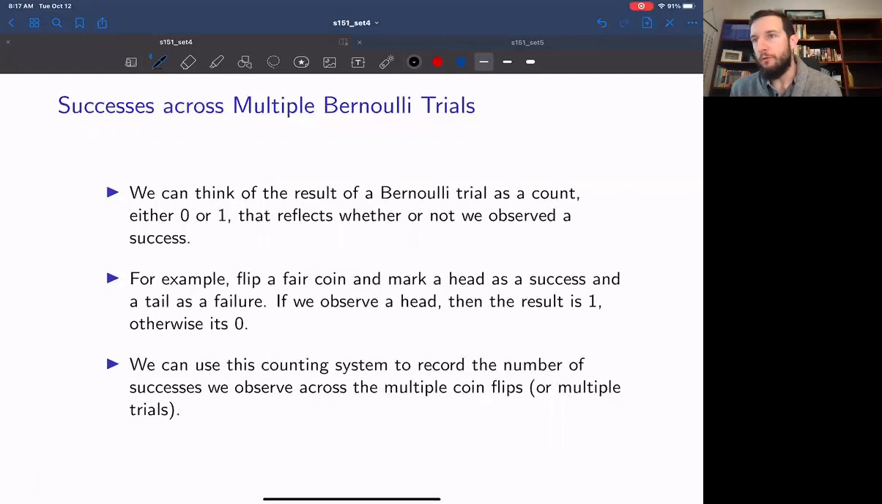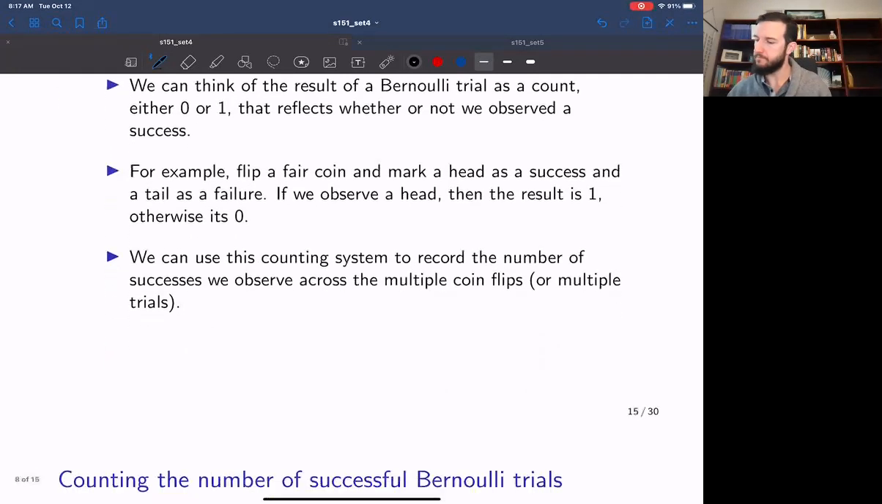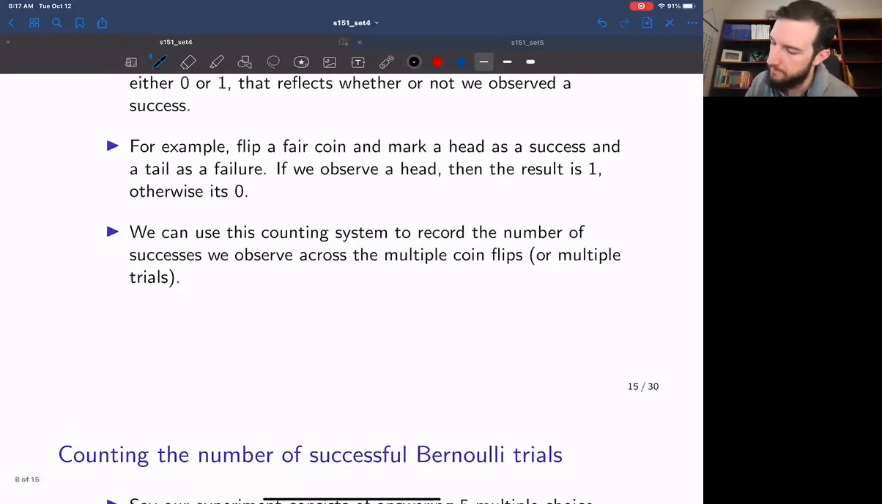So when we perform multiple Bernoulli trials, we can actually think of the outcome as being a count of the number of successes across the trials. So we can think of, for each trial, a success being a 1 and a failure being a 0. The point of this is that it basically just allows us to add together the number of successes. Okay, so for example,